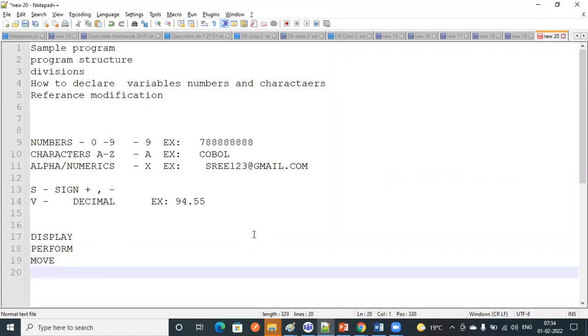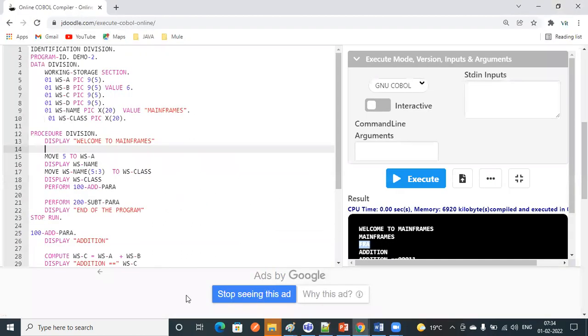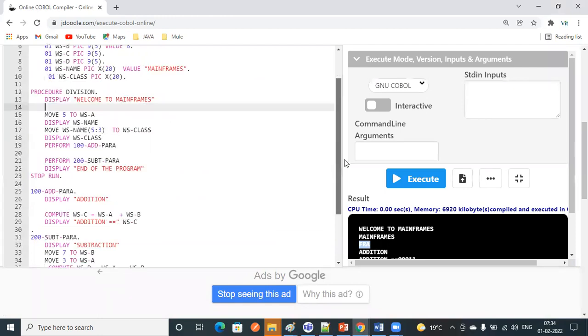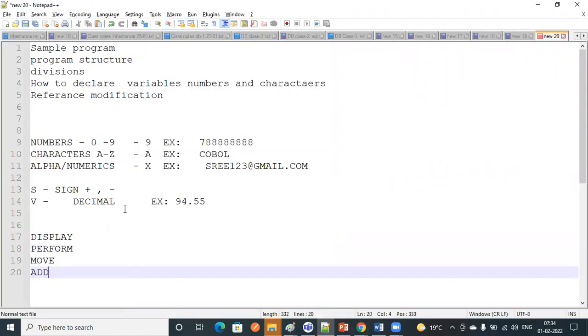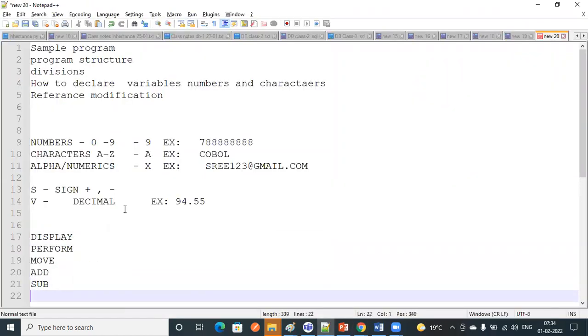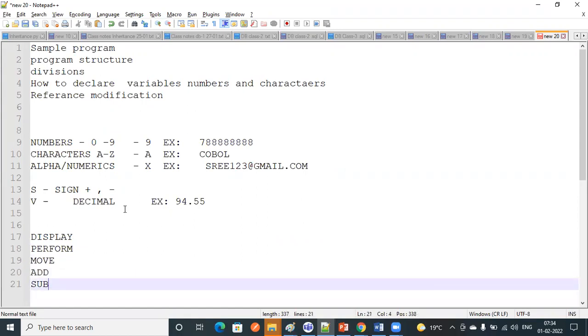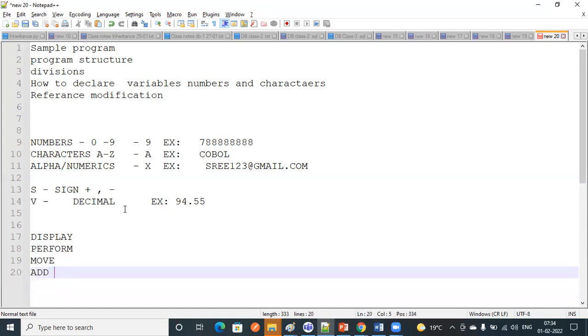Instead of using plus and minus, there are some keywords, and based on these keywords also we can perform the arithmetic operations, multiplication, division, something like that. But instead of using add, directly we are using plus to perform all the operations. Display, perform, move, so far we have seen.